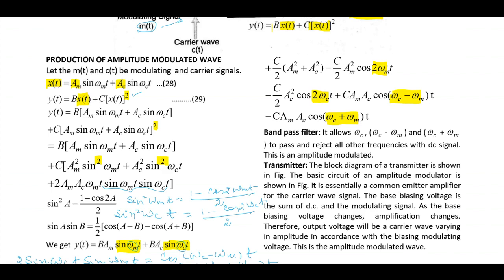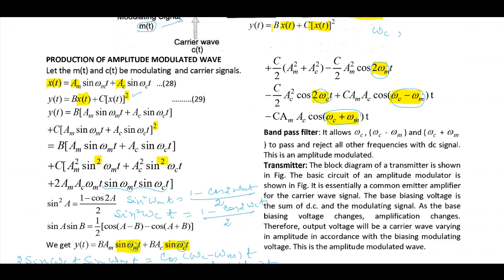third frequency 2 omega m, fourth frequency 2 omega c, fifth frequency omega c minus omega m, and then this frequency, which you can say is the sixth frequency. So we got 6 frequencies, but we require only 3 frequencies: